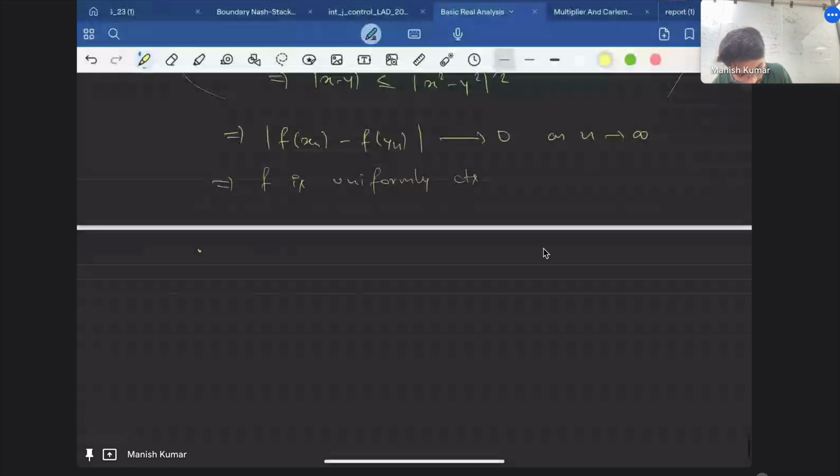Sir, yes. Sir, we can also use the result: if f is continuous on the open interval (a,b), and the limit as x goes to a plus and the limit as x goes to b minus of f exist finitely, then f is uniformly continuous. Yeah, sure. Let's write that one as well. So this is one way of doing it,